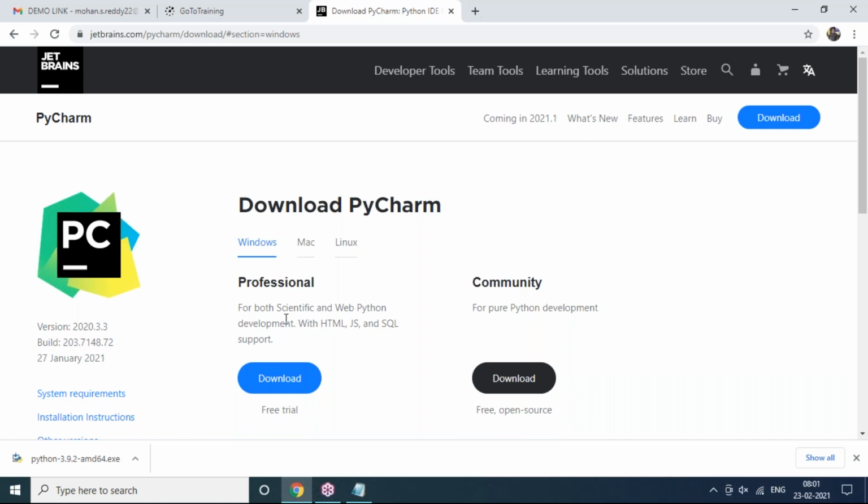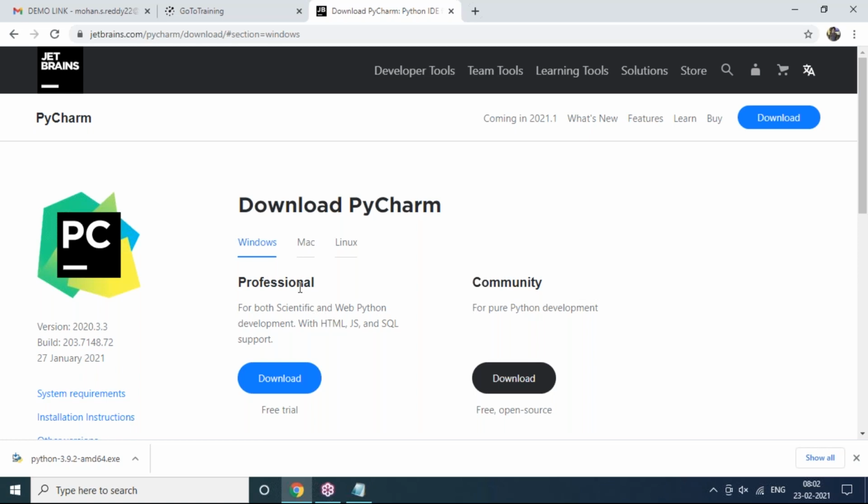As I said in the last session, this course is purely for core and advanced Python. So you'll become a good programmer after completing these sessions. I'll teach you Python programming from basic levels to high-level programming. I'll not cover Django and all. Django is a separate tool, a web development framework.